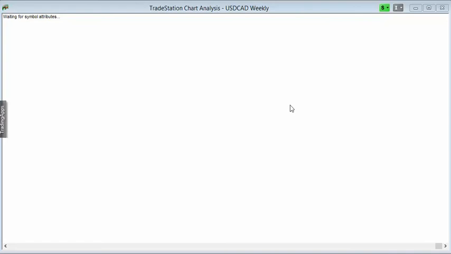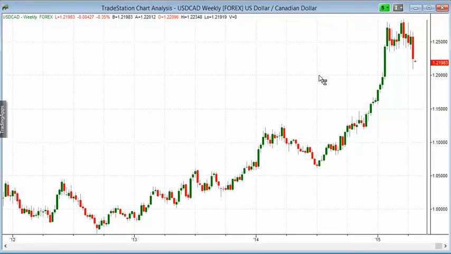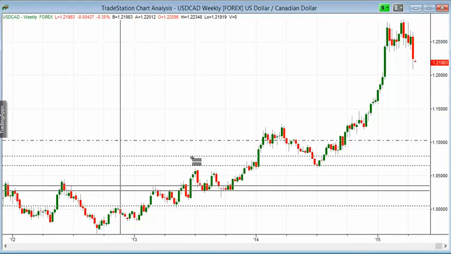Euro versus Canadian dollar, another market I like to follow here. Here we go with the data, and as you can see, the Canadian dollar has been recovering, especially last week on the US dollar. So we didn't see the same kind of recovery of the euro against the dollar, but the Canadian dollar has been definitely stronger, which is good for the Canadian economy as well. Now, you will remember in the past how I ended up